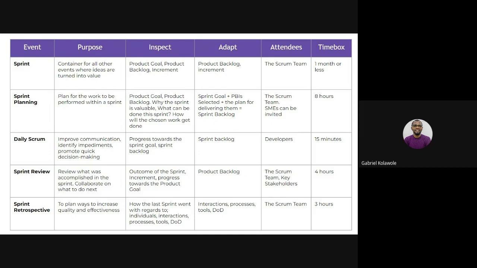At times your developer might have an issue with his branch or something. You as the Scrum Master might not be technical, you don't know what to do, but there might be somebody else on the team that can help and facilitate. These are some of the things that happen during the daily scrum. You adapt your sprint backlog. The daily scrum is majorly for developers. It is made for developers and by developers. They own it, and that's where Yemi talked about self-organizing earlier. The developers are expected to be able to self-organize.